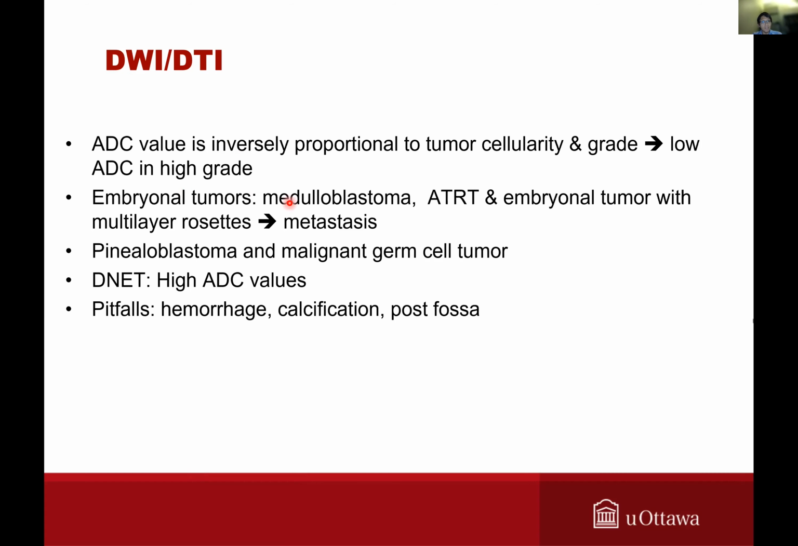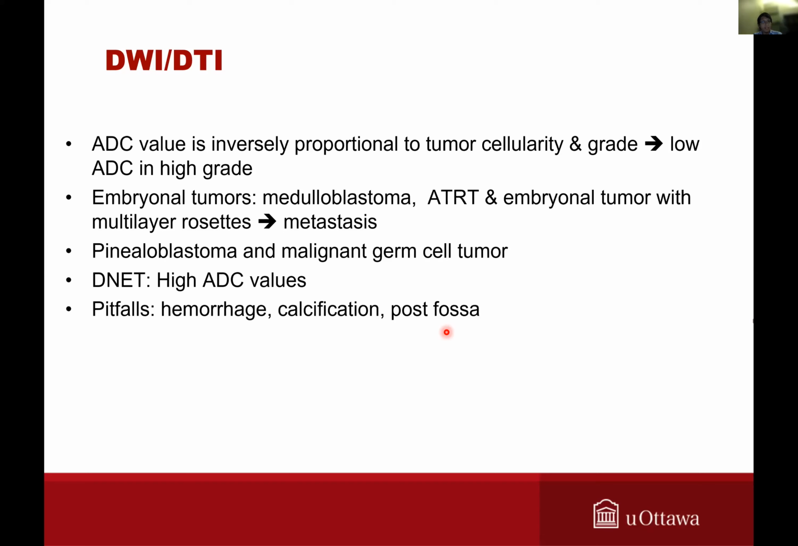Remember that the embryonal tumors usually present diffusion restriction; in general, all of them do. They are the medulloblastoma, the atypical teratoid rhabdoid tumor, the embryonal tumor with multilayer rosettes, and metastasis. Other tumors that can also give you a decreased ADC value are the pineoblastomas and the malignant germ cell tumors. And in all of these cases, when you are looking for metastasis, you have to look at the diffusion images because the metastasis can be hidden there. If you have low-grade tumors like the NET, you're going to have high ADC values. So you're not going to have diffusion restriction, you are going to have facilitated diffusion. And you can also have pitfalls related to hemorrhage and calcification, especially in the posterior fossa or in the temporal regions because of the thick bones, you can also have